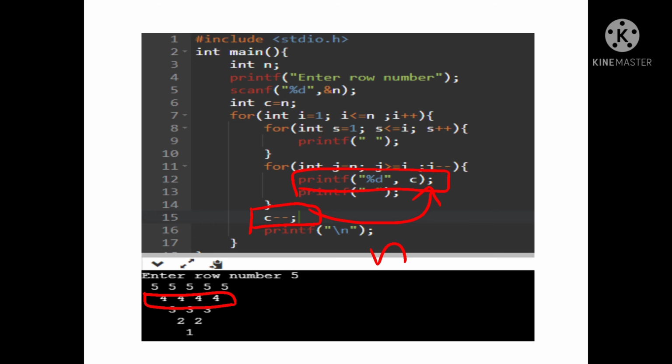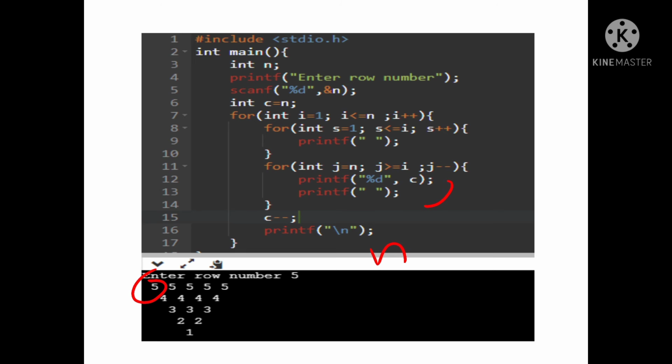But here is the difference. If you use this decrement statement inside the for loop, then after printing the c value, it executes once and prints 5 here.